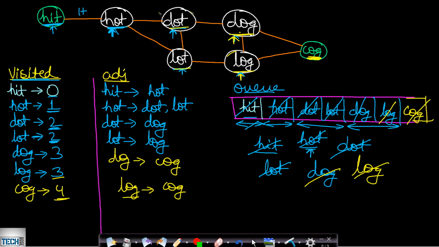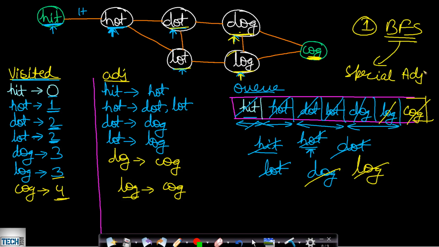Now the main thing which we were doing is, in the first step we performed BFS and we only formed the spatial adjacency list. This was our spatial adjacency list. Now once we have formed this spatial adjacency list, we will start from our start word, which is hit, and then we will perform DFS on this. Simple DFS search. We will be applying DFS for all possible paths starting from this begin word, and we will try to find cog. So I hope you will be able to apply DFS on all possible paths using this adjacency list.